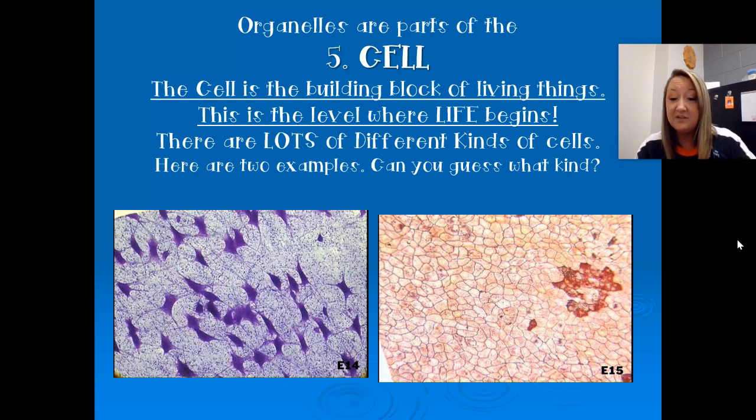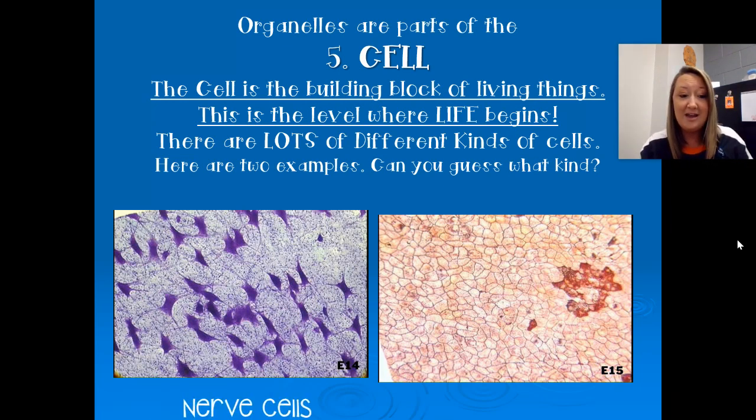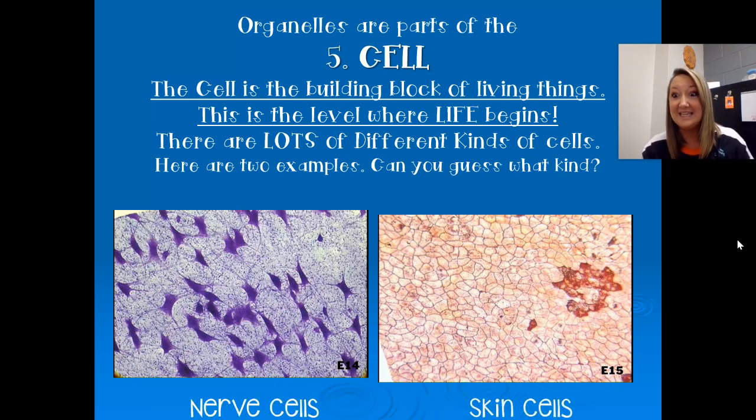Here's a couple of examples of cells that you have in your body. Do you maybe recognize them? Probably not, because we're not looking at our cells under a microscope all the time, right? But on the left, these are nerve cells. These are the cells that are in your brain and in your muscles, helping you move, and in your eye to help you see. There's all kinds of nerve cells all over your body. And on the right, we have skin cells. These are like our little armor that's covering our body that protects us from things that are outside of our body.